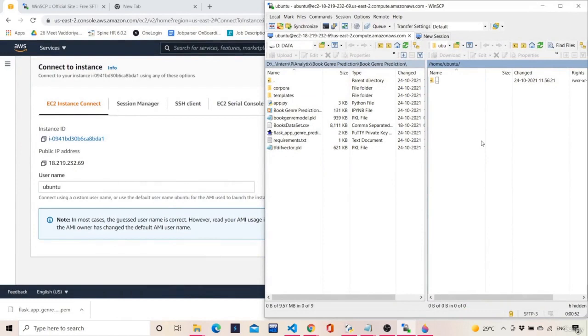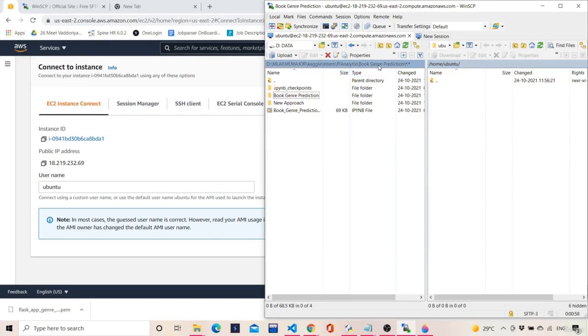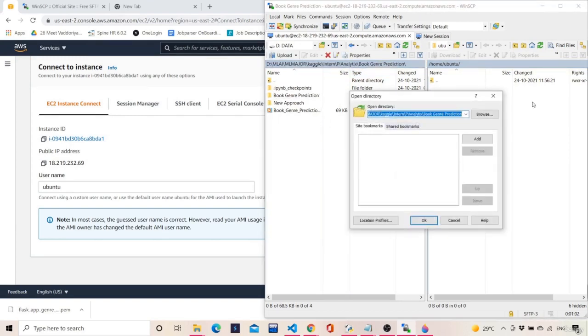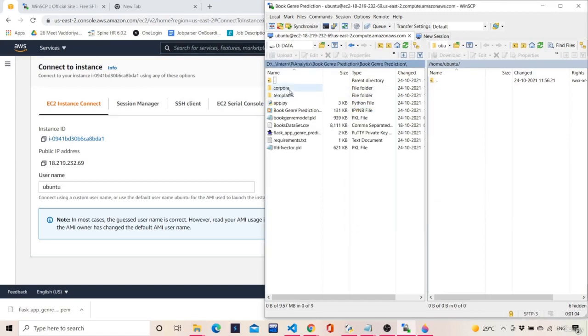Okay, so now we have to be very careful over here. This is the same thing which I wanted to show, right? This is the folder where I have kept all the files which I will be using.